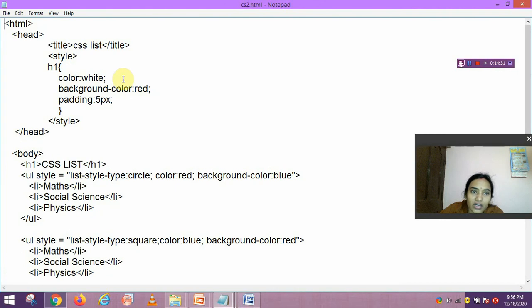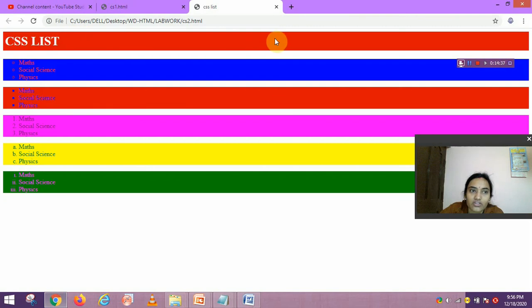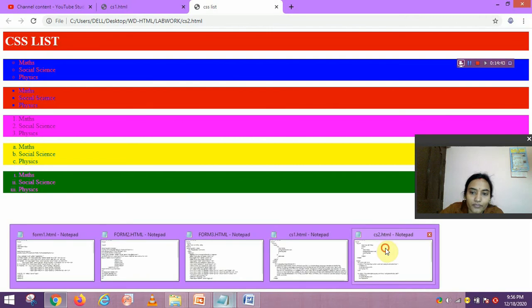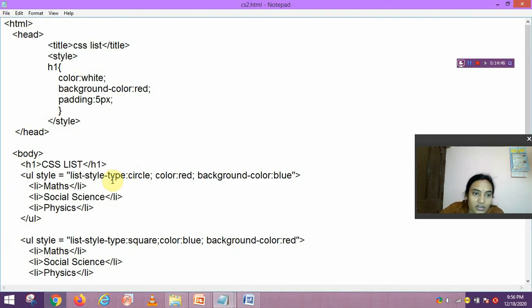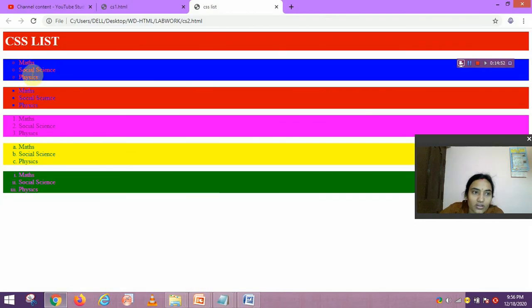In the heading the color is white, background color is red, and padding is 5 pixels. This is shown here in the heading. In the second list, math, social science, physics, the type is circle, color is red, background color is blue. So these things are shown here: background color is blue, type is circle, and the text is red. In this way all these things are displayed here.